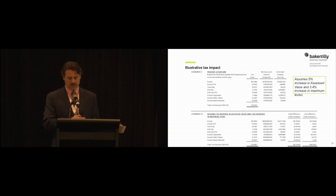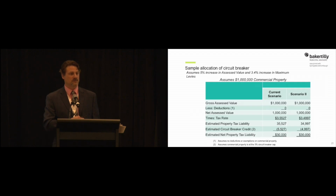So for that same taxpayer, again, the assessed value is $1 million, capped at $30,000. They had a $5,000 circuit breaker loss in year one. In year two, that's gone down to $4,900. So that's really more money that you'd have seen from the previous year. So again, it's very important that your assessed value, it's kind of gold. You want your assessed value to keep increasing. That's why it's important for the assessors to assess property correctly. That's why it's important to only give tax abatement